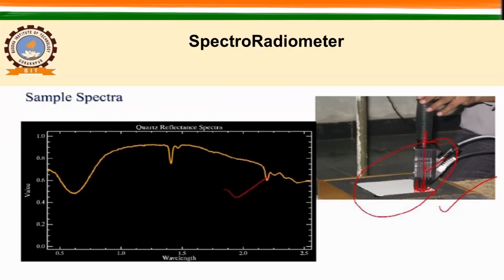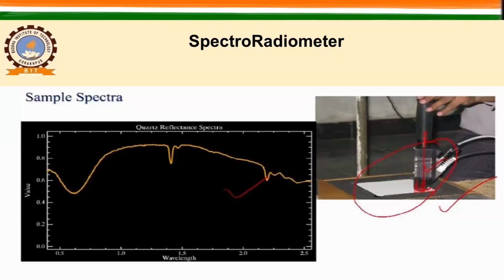right? So what we do, we close this slit and we do not allow any light or any photons to pass from our atmosphere to inside this instrument. And here we measure what is the photon or what is the energy which is produced by the instrument itself, right? And that we actually measure, and that we subtract from our measurement. So dark current refers to the current which is generated within a detector in the absence of any external photon. So we close the external slit and then measure the dark current, then open again for our measurements, then white